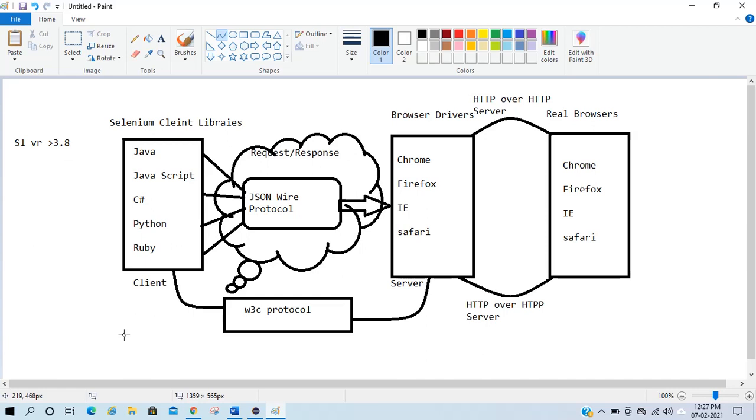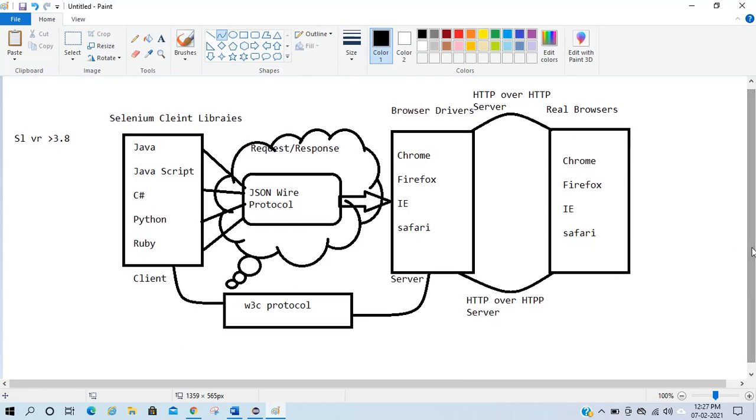But in Selenium 4, guys, they are going to remove the support for the JSON wire protocol, and the complete execution will happen only in the W3C protocol. So the question is, what is the benefit we are getting in Selenium 4 which was lacking in Selenium 3 with this change?